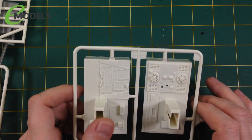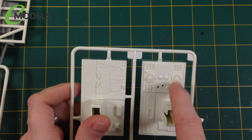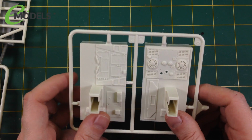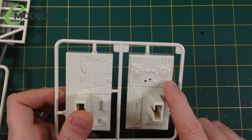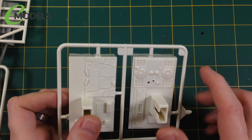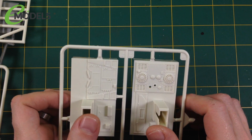I know they've had access, but a good sign of the quality of this kit is these 2 pieces here. These are one of the pods that go in the framing at the back. And if you know your tanks, I think that's from a Tiger, maybe a King Tiger. But that is easily identifiable as the back plate of a World War II German tank, because